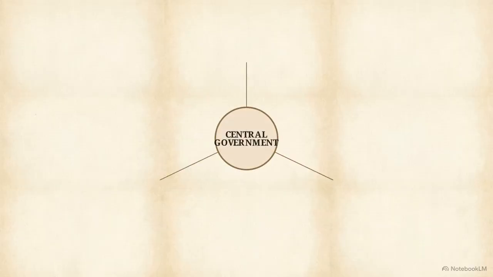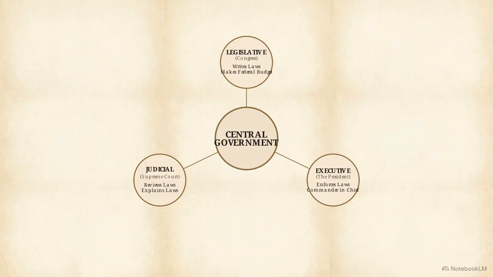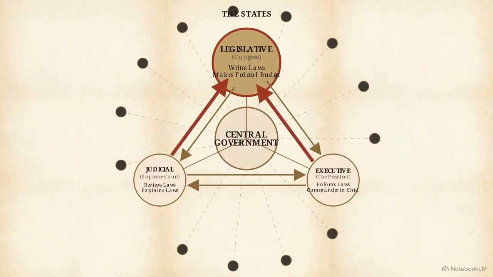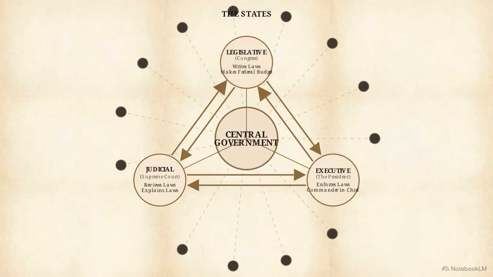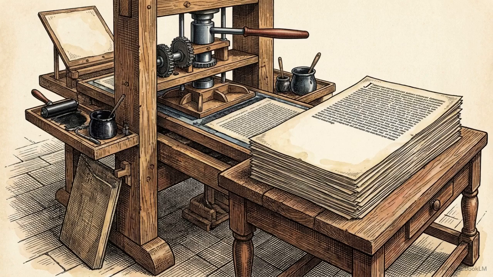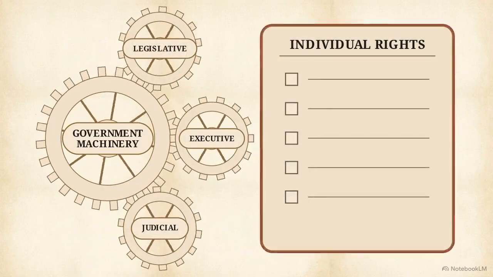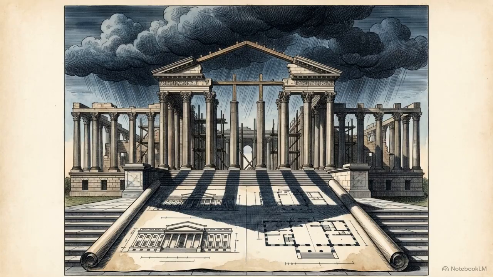The delegates designed a republican system that distributed power between a strong central government and the states, using a complex web of checks and balances to prevent any single branch from becoming too powerful. But as the document moved toward ratification, citizens realized it was incomplete. The framers had built the machinery of government, but neglected to include an itemized list of individual rights. This missing roof on the country's architectural blueprint immediately put the entire constitutional project in existential jeopardy.